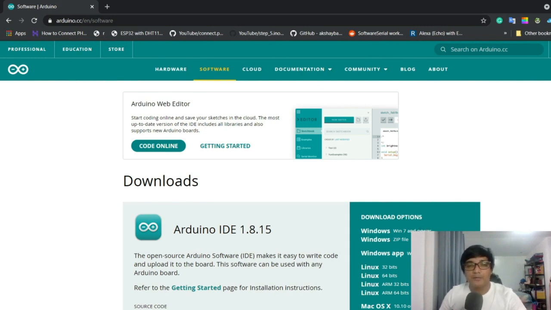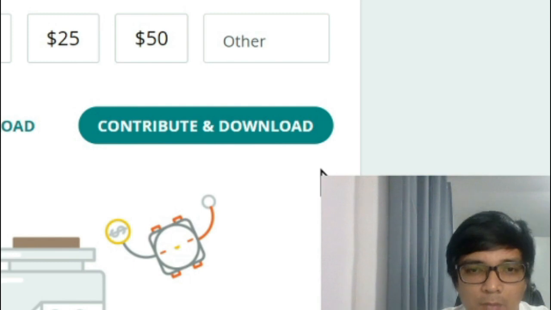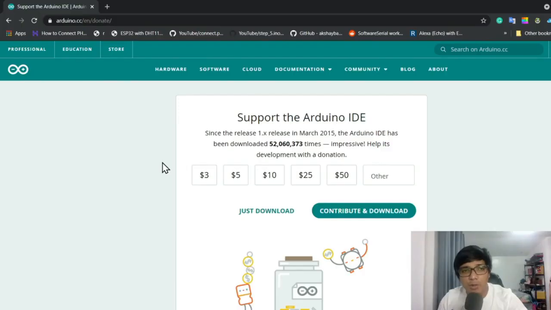Okay. If you are curious about Linux ARM, basically it's commonly used in Raspberry Pi platforms. So let's click this one. If you have enough money to donate to the organization and to those who develop Arduino, you can put it here. Okay, but for now, let's just click just download